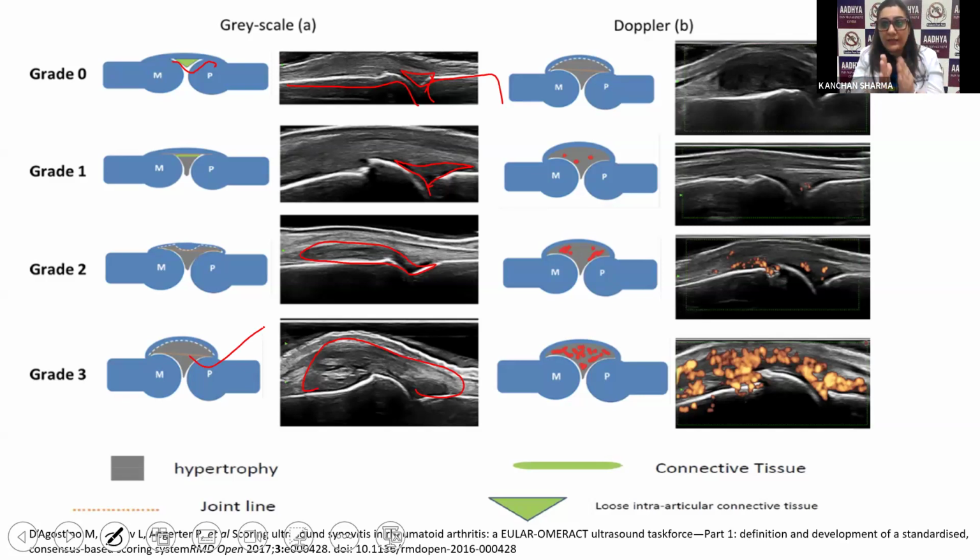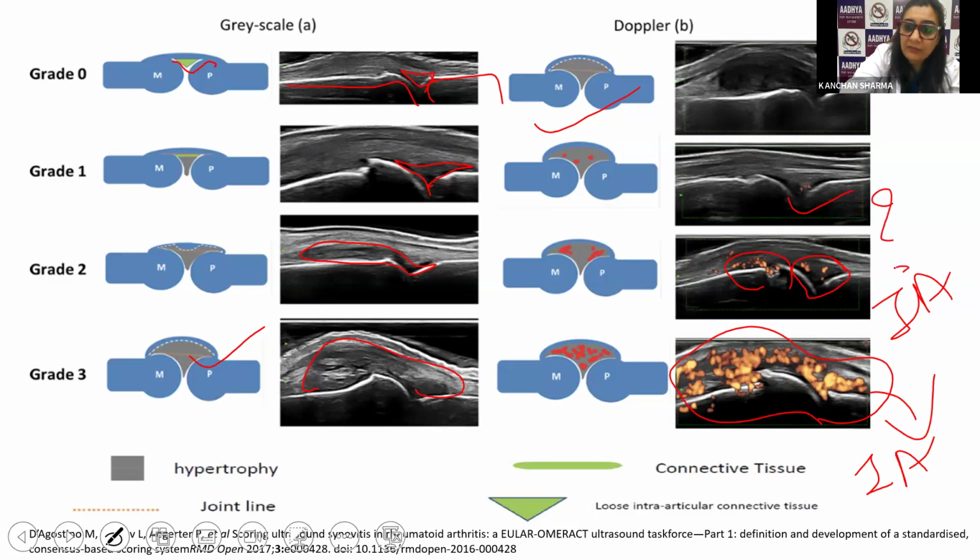So when I say synovitis, make it clear. When I say synovitis means I should have a synovial hypertrophy and my color Doppler activity should be there. So I am going to call it as synovitis. So this is just a simple synovial hypertrophy. My color Doppler is not taking up there, right? But if I see this condition, my color Doppler few it is taking up, means it is synovitis, okay, not only the hypertrophy. Then if you see the slides, it is almost more than that, right? And if you see the last one, it is this much. So this patient is going to have